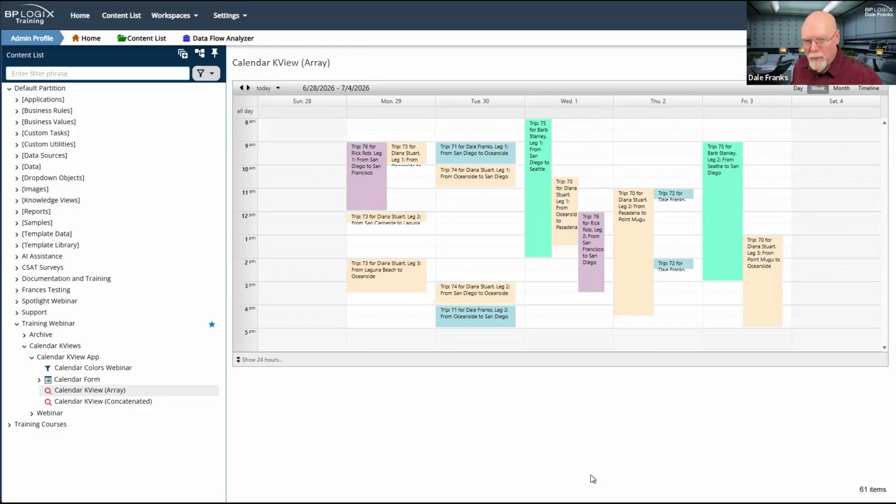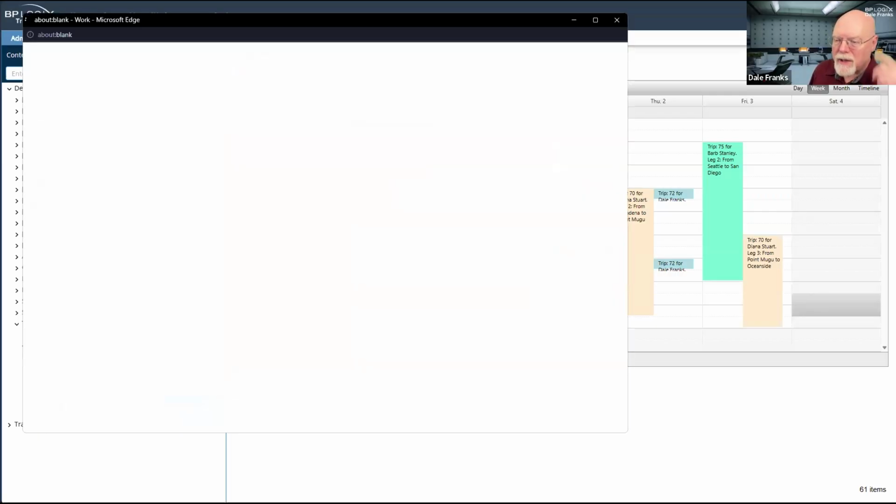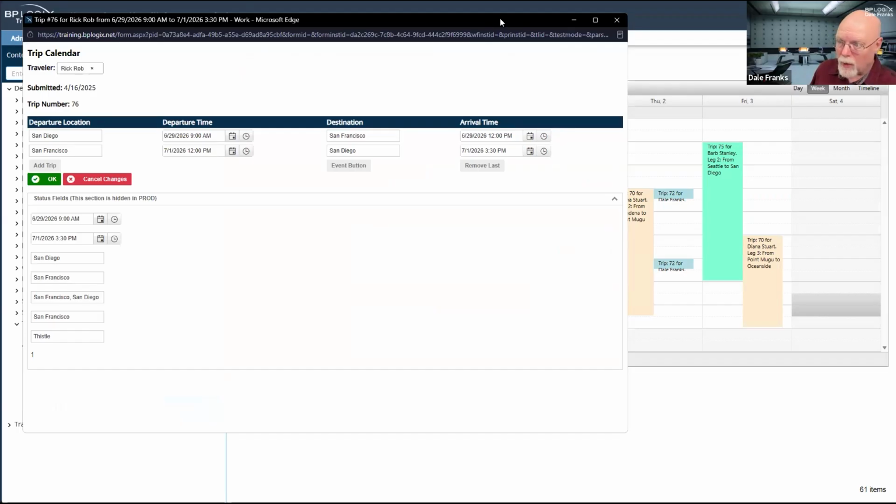So we're going to look at that form and figure out how this has to be configured. Now, as I mentioned a few moments ago, I have two different views of this calendar. I have this view here. Let's take a look at what we're looking at. Let's look at Rick Rob's form here.